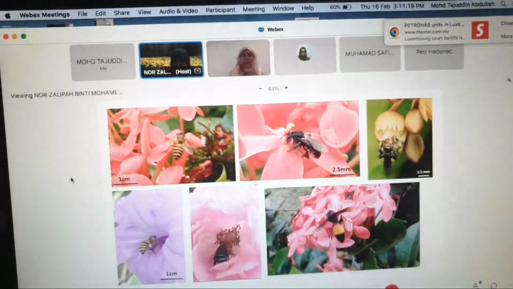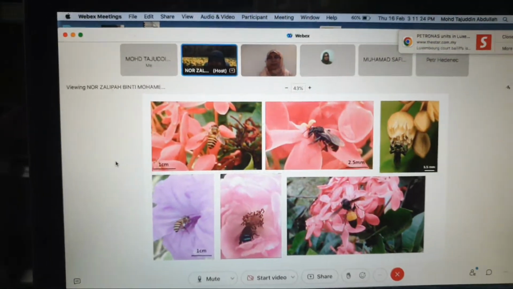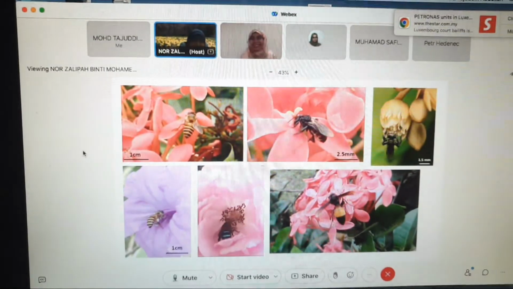Dia menggunakan bunga ni dalam upacara sembahyang, saya rasa. Bukan Melati, apa nama dia? Tanjung. Okey, bunga Tanjung. Bunga Tanjung. So,